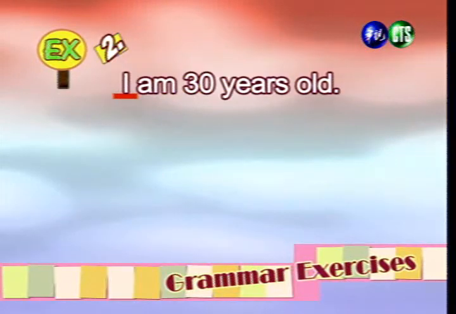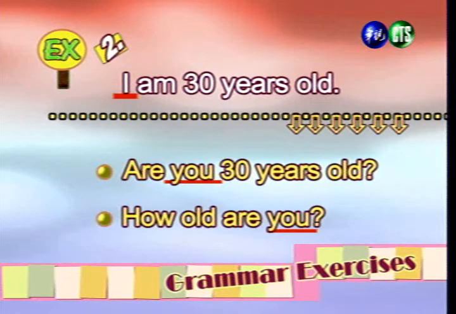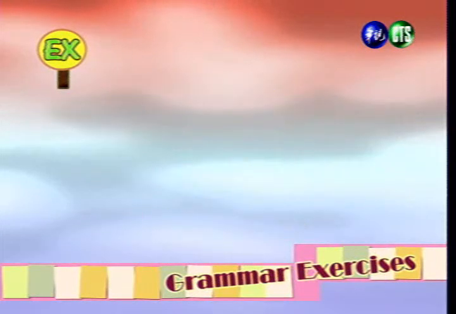Right, let's look at number 2. I am 30 years old. 好，我们看一下例句2，我已经30岁了。Right, and we can come up with these questions. Are you 30 years old? And how old are you? 好，我们可以得到两种问句的方式。第一个方式是是非问句，第二个方式是 WH 问句。